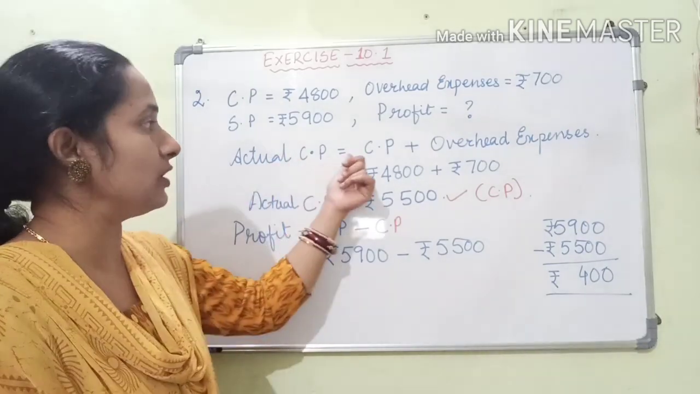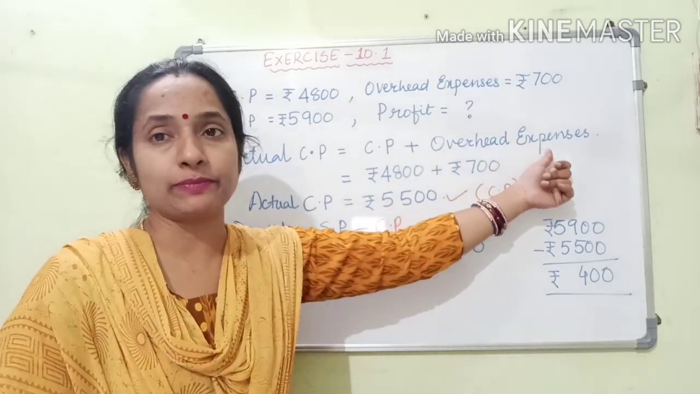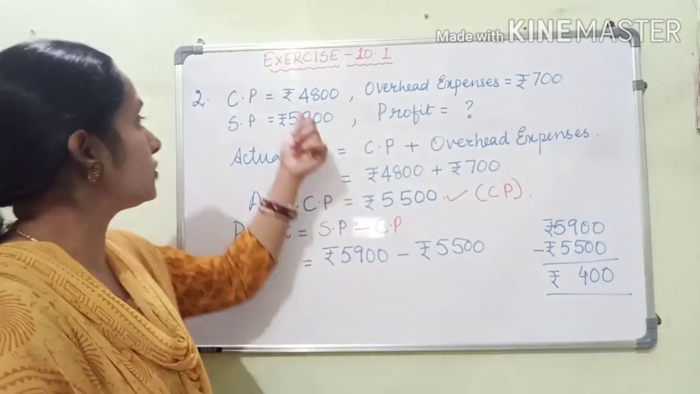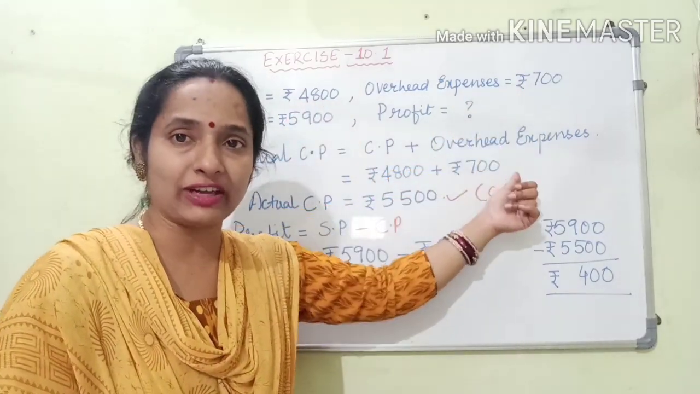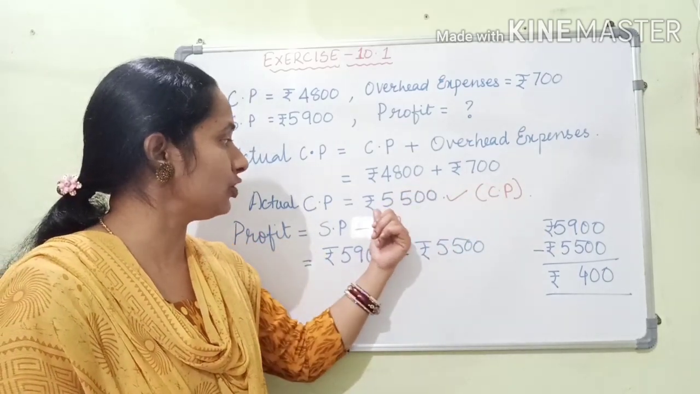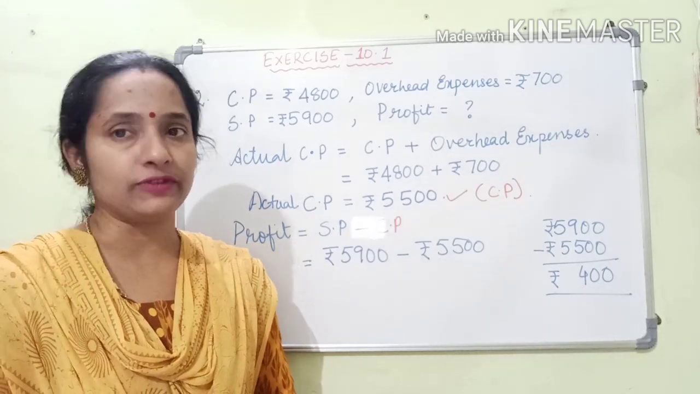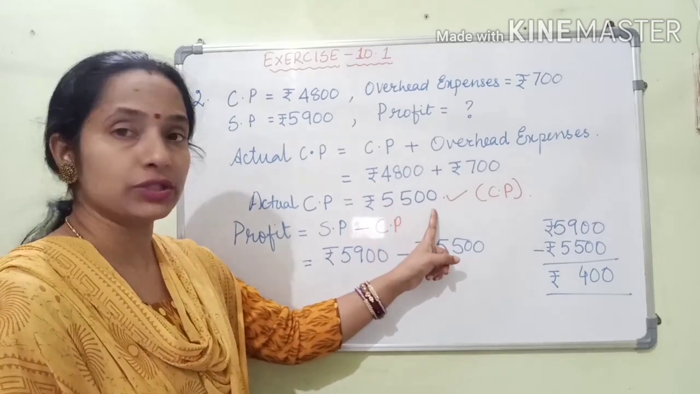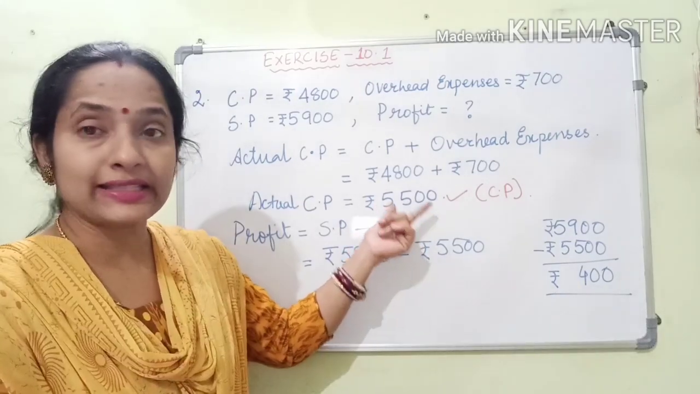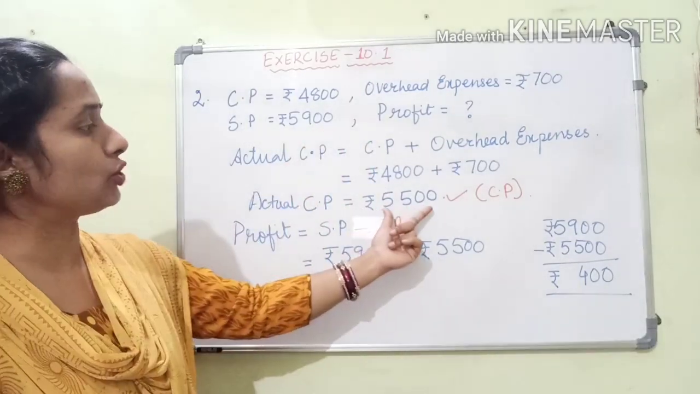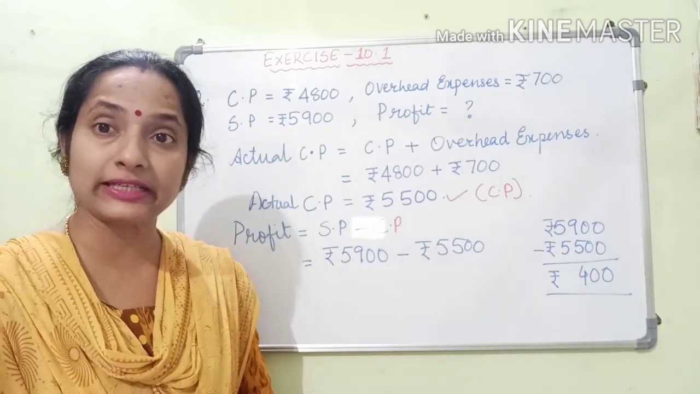The actual cost price will be the sum of the cost price of the item as well as the overhead expenses. Here the item is television. The cost price of the television is 4,800 plus the overhead expenses of rupees 700. When you add them both, you get rupees 5,500. So the actual cost price of the TV set is rupees 5,500. Now let us compare the cost price and the selling price. Here you see the cost price is 5,500 and the selling price is 5,900. This means it is completely confirmed that